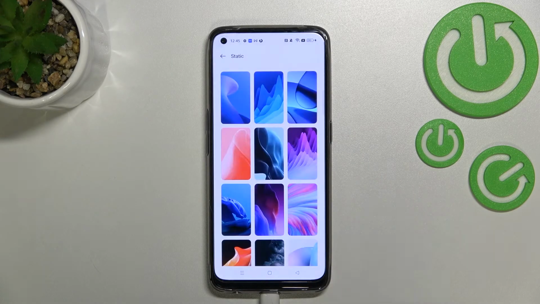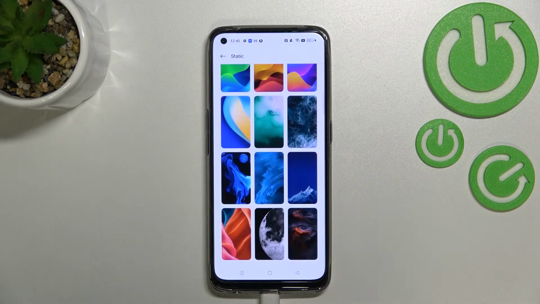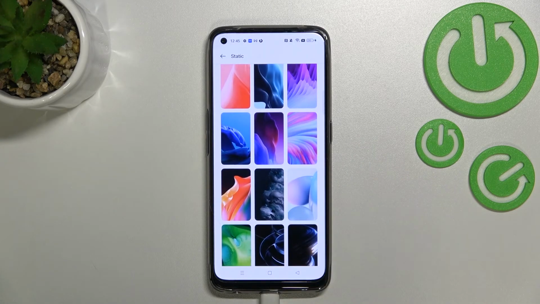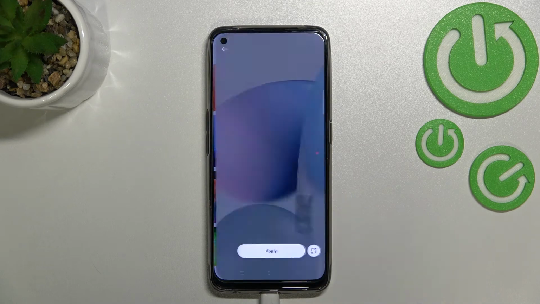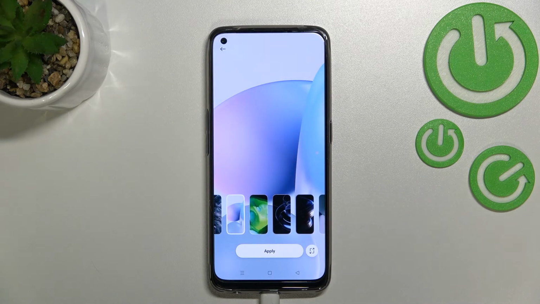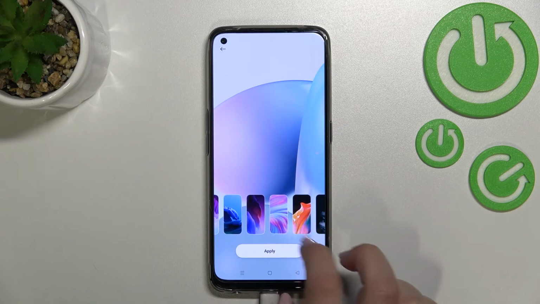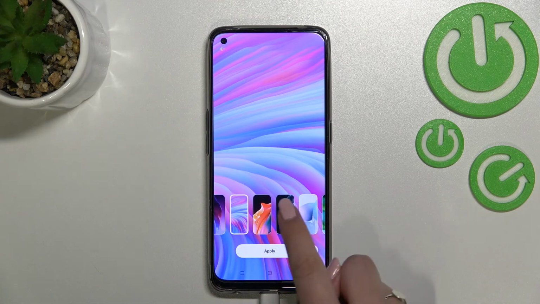So let me pick something from the static wallpapers, and as you can see here we've got much more options to choose from. So basically, in order to check the preview of the wallpaper, just tap on it, and as you can see it will be immediately applied on the full screen, let's say. And after it, here you can also change the preview, so you do not have to go back to the previous page,